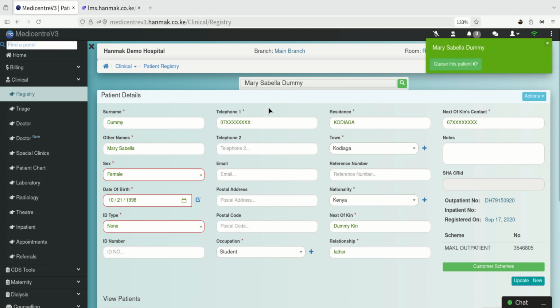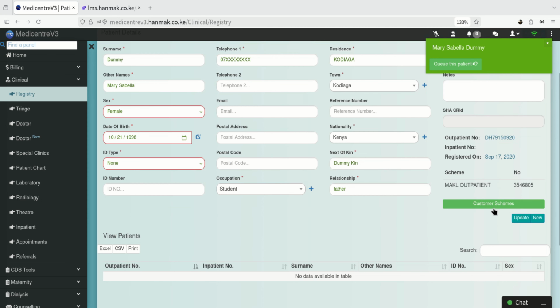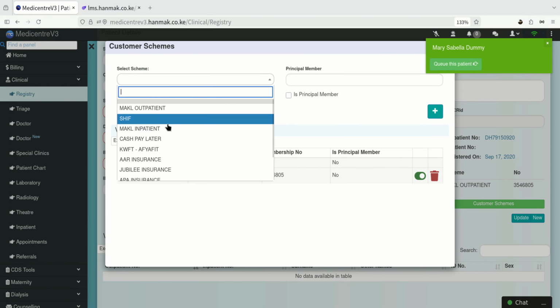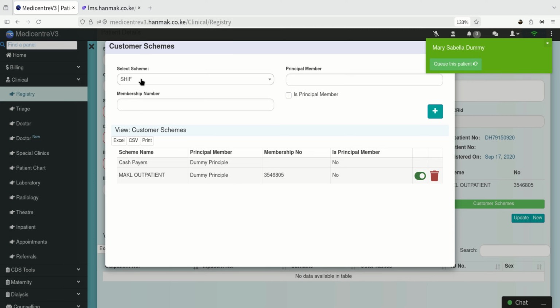As you can see, I can see all the details here. These are all the details that were captured last time. And of course, you can see that this patient has an outpatient number, which is automatically assigned by the system, the registration number, which indicates when this patient was registered, and of course the insurance scheme that this patient has. If you want to assign more insurance schemes for this particular patient, then you can add from here. Just indicate the insurance scheme, indicate the membership number from here,